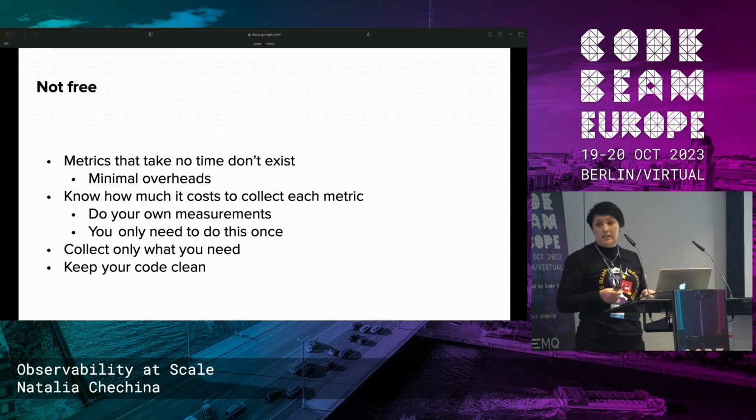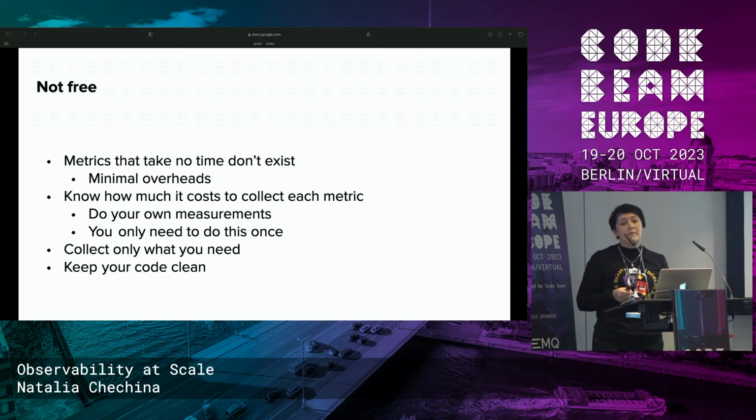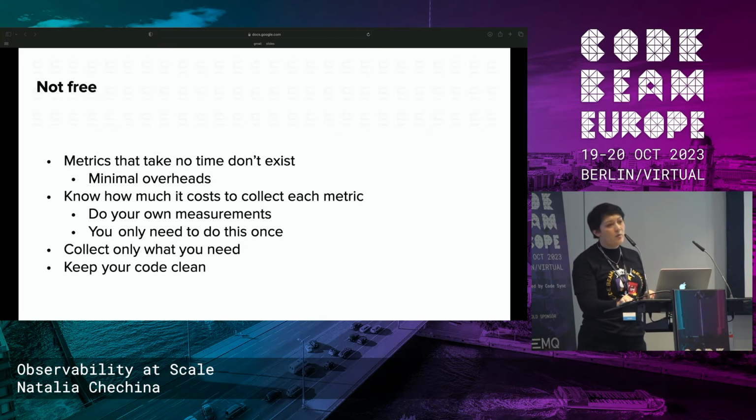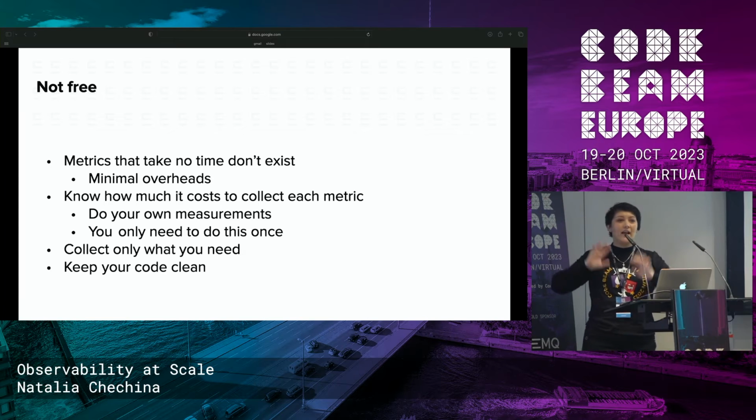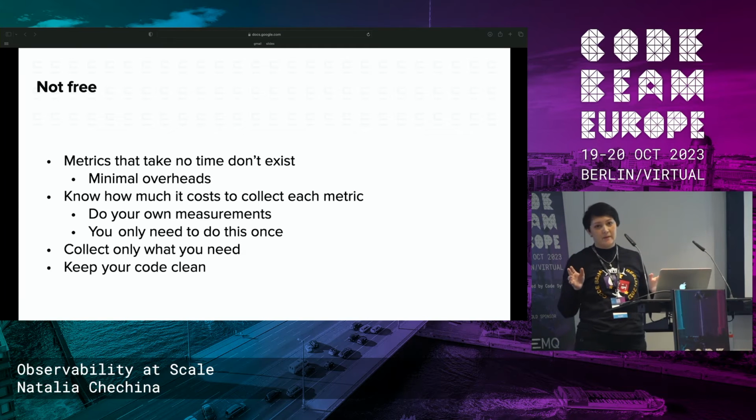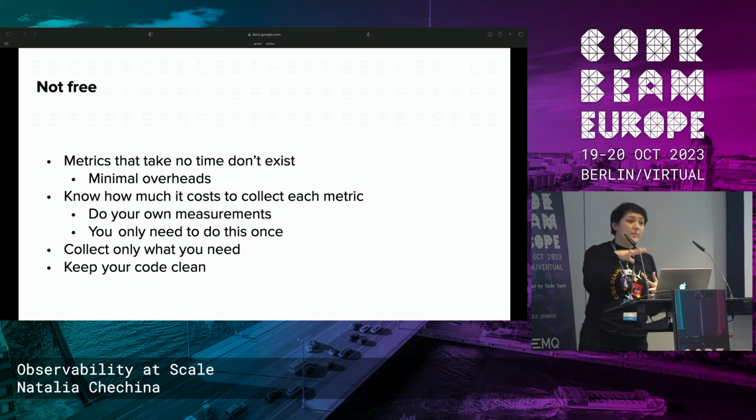Collect what you need, right? There is a temptation when we design metrics: we think, I'll put metrics here, and I'll put them there, and everywhere, and I will see what's happening. When you design your system, start small, right? Only with the basics. Start with 10, 20 metrics. Don't introduce more. Get a feeling of what's happening, and then add that information. And of course, keep your metrics clean.